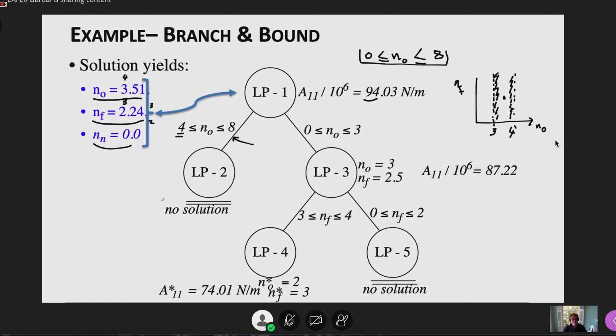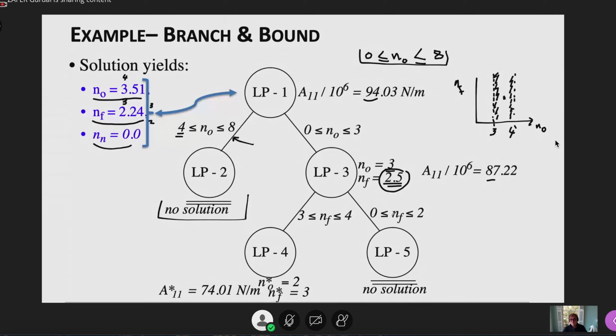So when I do that, in one branch, I get no solution. On the other branch, I get a solution that says NO must be 3, and NF comes out to be 2.5. Now here, NF was 2.24. Still not an integer, but NO is now an integer. Okay? And then my maximum value is now 87.22. And then I take this, because this is a non-integer solution,